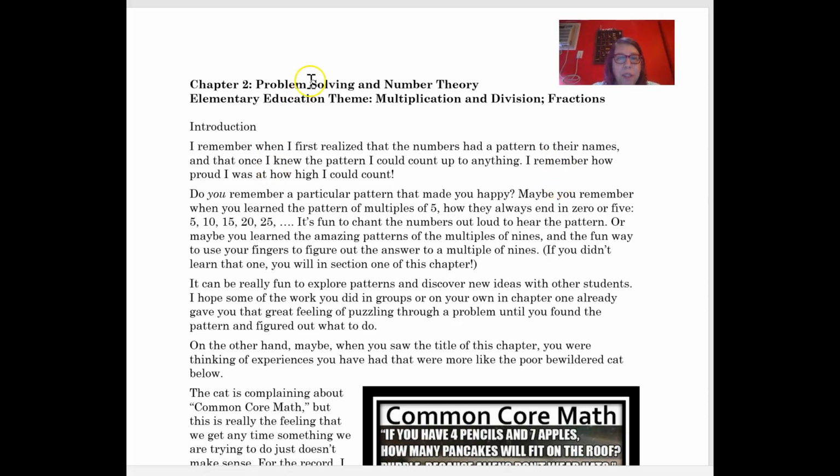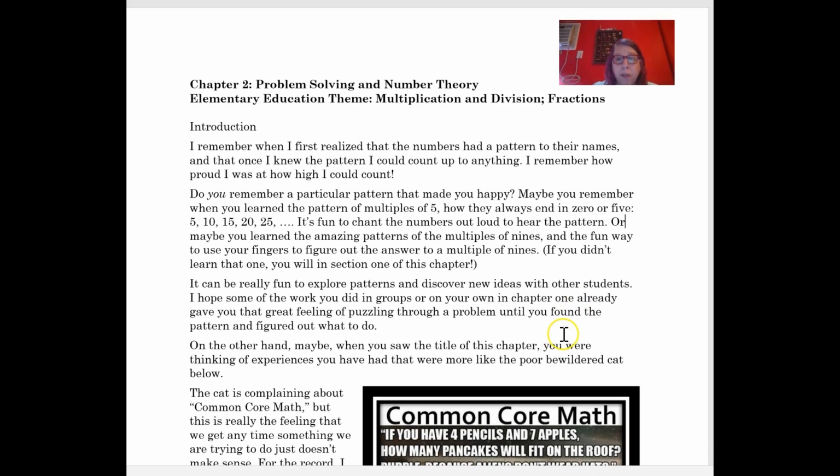Hi, and welcome to Chapter 2, Unit 2, Problem Solving and Number Theory. For this unit, our elementary ed theme is going to be multiplication and division and fractions. In the last unit, our elementary ed theme was addition and subtraction and building basic numbers. So here we're going to move on to multiplication and division, but it still can be very basic stuff that